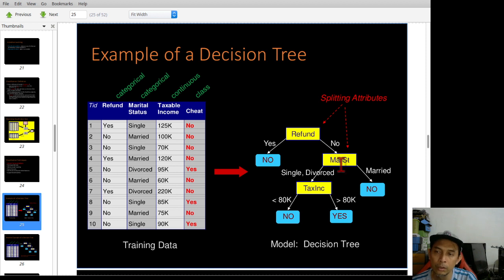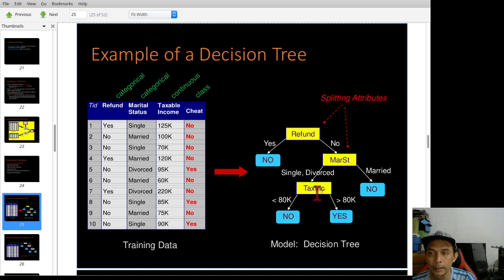You divide it into 2 because this is binary. So even though you have 3 categories in marital status, you decide to group single and divorced into one group and married in another group. If it is single or divorced, then branch to the left, and if it is married, then you have another branch on the right side.